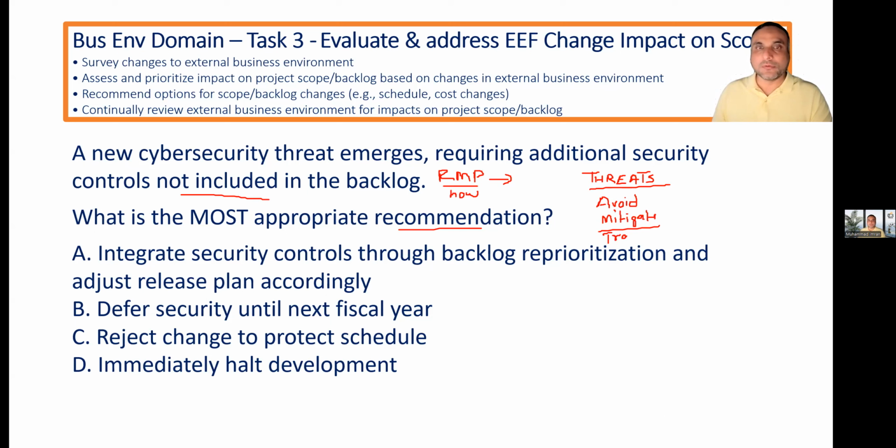transfer. By paying some premium, transfer the ownership of the risk to the third party, like insurance. Mitigate: take some action so it can come in the appetite. Avoid means change the plan. You don't want to take risk. Change project management plan. And in both cases, if you cannot do anything, escalate to the appropriate level